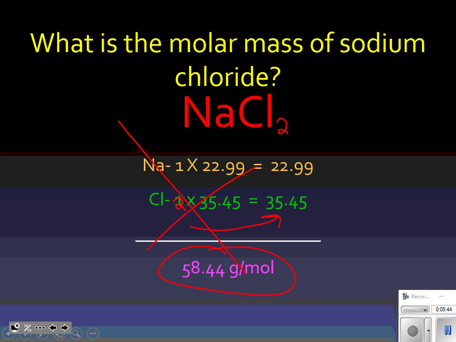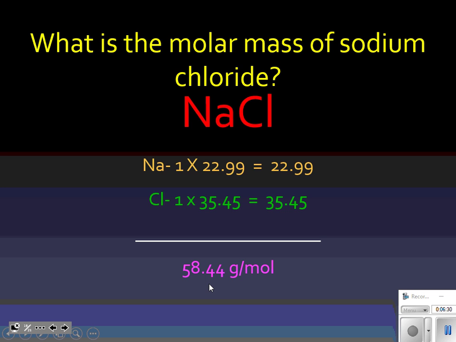This is wrong. So, if you cannot write the formula for the compound, we are going to have a mighty tough time adding up the molar mass. That's why it's so important to be able to name or write the formulas for the name. That's why I said, if you can't do nomenclature, we're going to study for some time now. So, sodium chloride, molar mass,